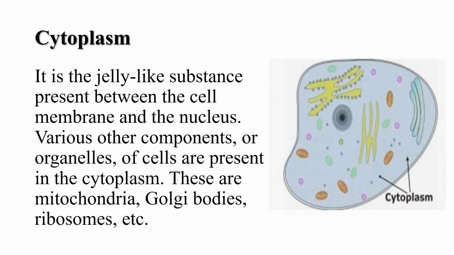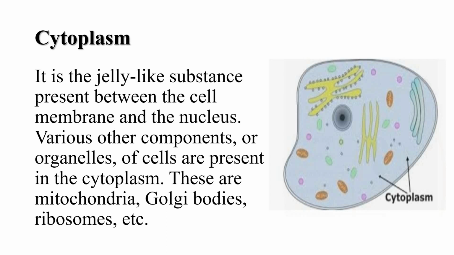And students, now let us know about another part of cell, that is cytoplasm. The cytoplasm is a thick jelly-like fluid inside the cell membrane. It occupies the space between the cell membrane and the nucleus, and all the life functions take place inside the cytoplasm. There are many small cytoplasmic bodies in the cytoplasm. These are called cell organelles.